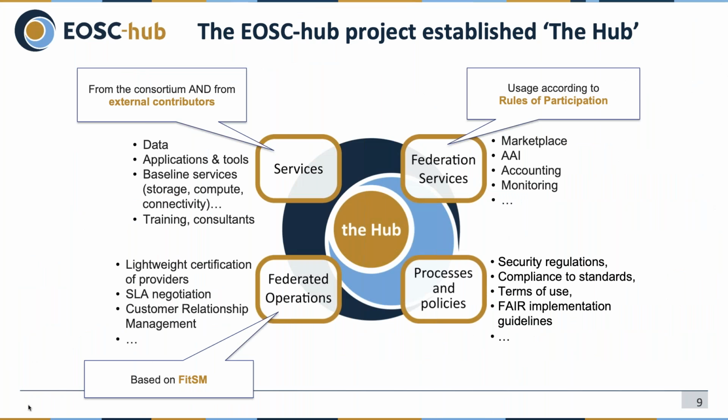The project itself consists of 4 types of activities. The first, the foremost important one, are the services that the project delivers. These are the services that scientists, scientific teams, and projects can access through the European Open Science Cloud portal. These services range from scientific data that can be downloaded or processed on online compute facilities, to different software applications and tools that are offered as services through the internet, to baseline compute, storage, connectivity, network services, training and consultancy that are required for the uptake.